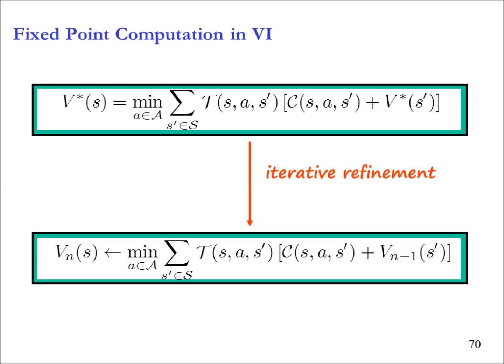So what will we do? We will start with any value and just do successive refinement, iterative refinement. This is my system of equations. I will start with some V0 function or V n minus 1 function, use this on my right-hand side and generate a new V n approximation. And keep doing this until it converges. So the algorithm is rather straightforward. Again, you have to prove that this operator is a contraction operator, but let's not worry about the proof.